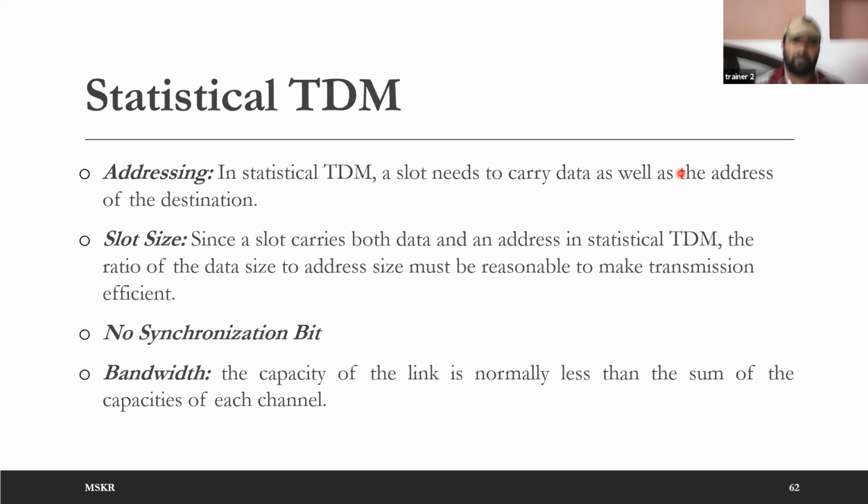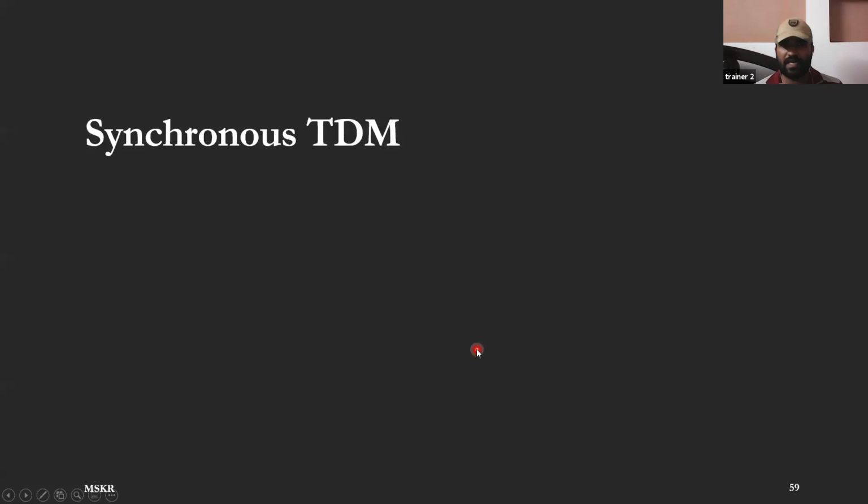Okay. And bandwidth, since we are wasting very little bandwidth without utilizing it, you can say in statistical TDM we are using the bandwidth efficiently. The capacity of bandwidth is normally less than the sum of the capacity of channels. That means if you look at our last